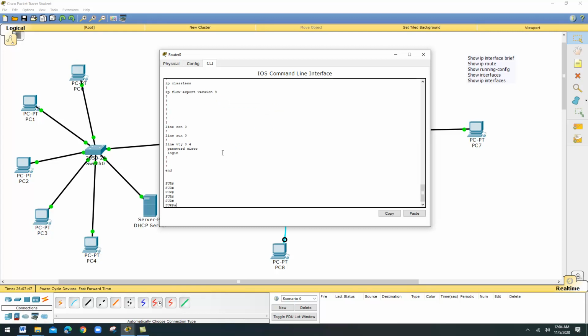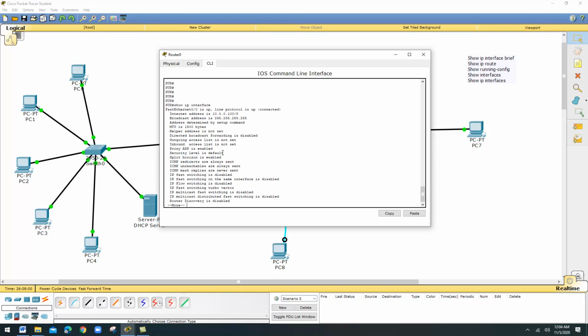Then the next command is show ip interface. We already gave show ip interface brief. Now you can see the show ip interface command. This command will display complete information about every interface. You can see fast Ethernet 0/0 it is taking.